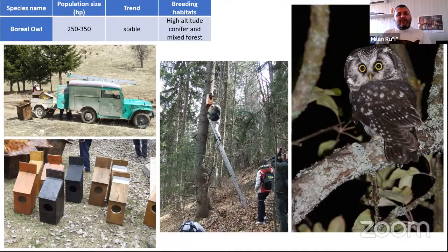And so he's actually teaching not biology, but technical sciences to kids. But he gives a lot of talks about wildlife and nature. And so kids are really inspired to go and make some of the nest boxes. So he gave them a school assignment to make Ural owl and Boreal owl nest boxes, and so we took